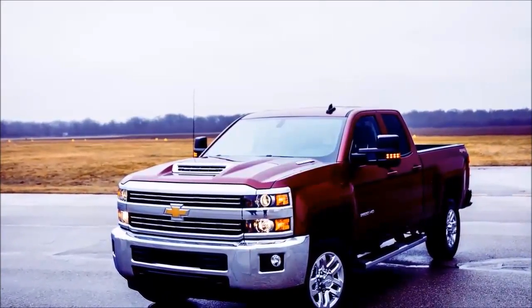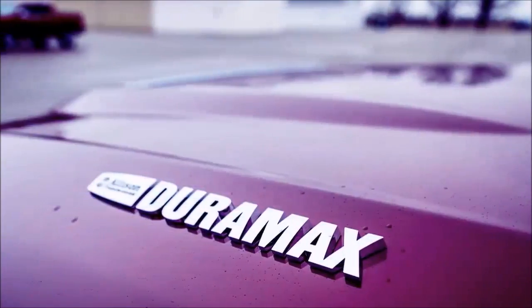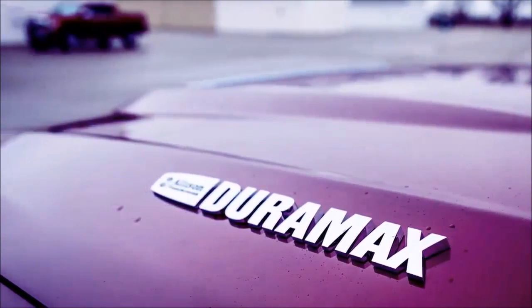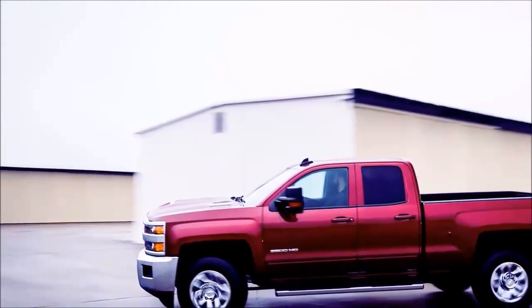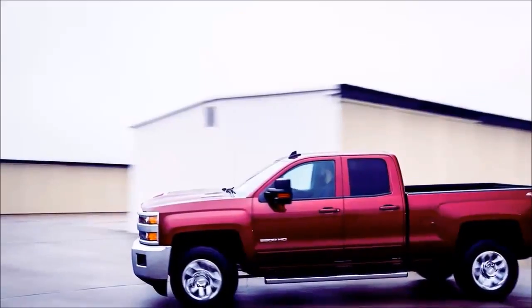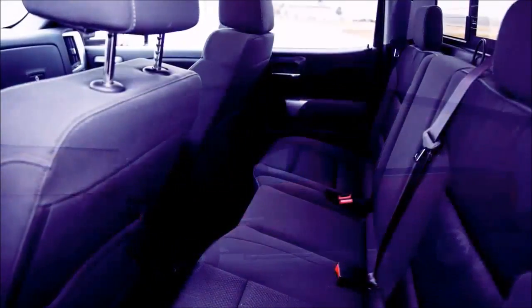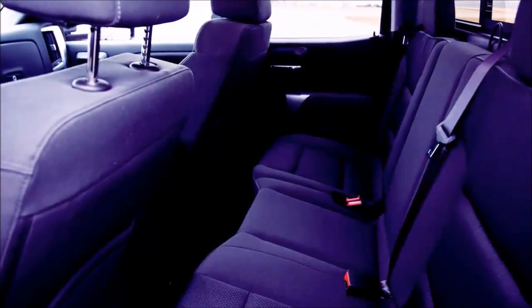$3,295, for added traction, and the Duramax diesel and Allison transmission, $9,005, for their performance and towing capability, and the total jumps to $56,525. Standard crew cab LT features include an 8.0-inch MyLink touchscreen with Apple CarPlay and Android Auto, remote keyless entry, adaptive